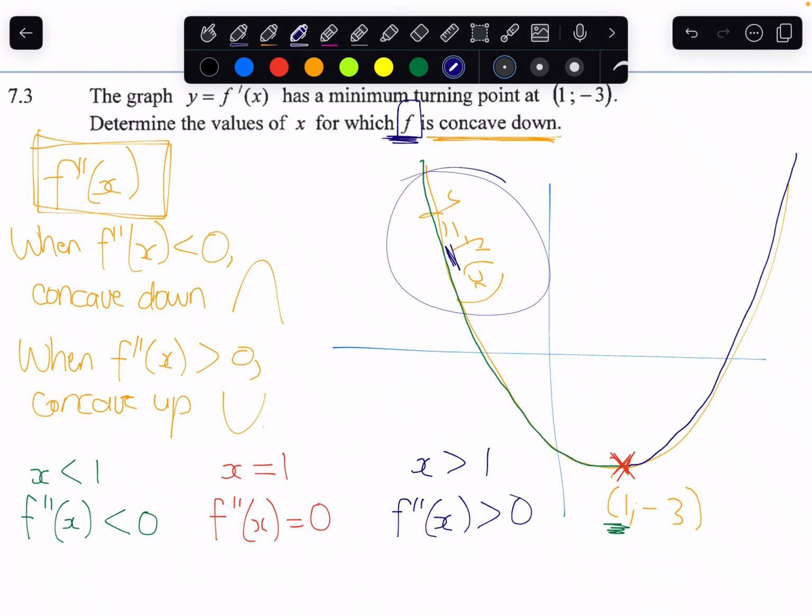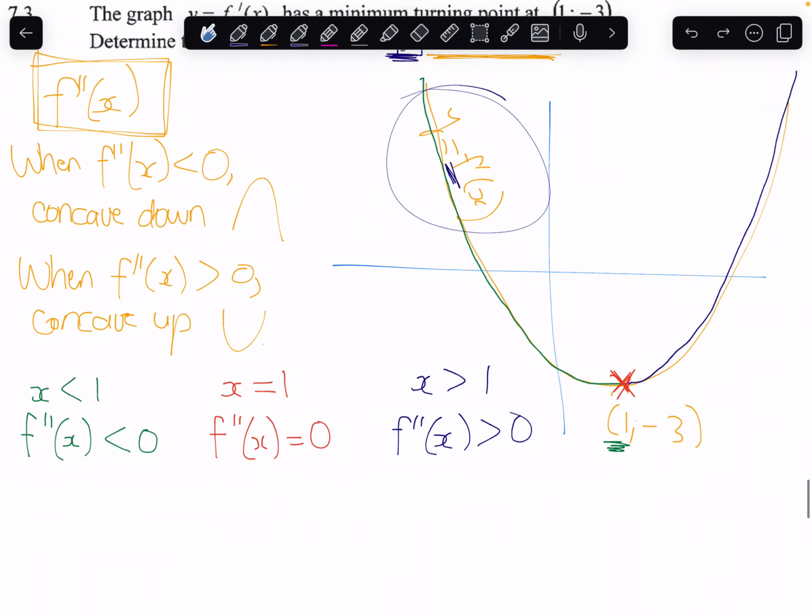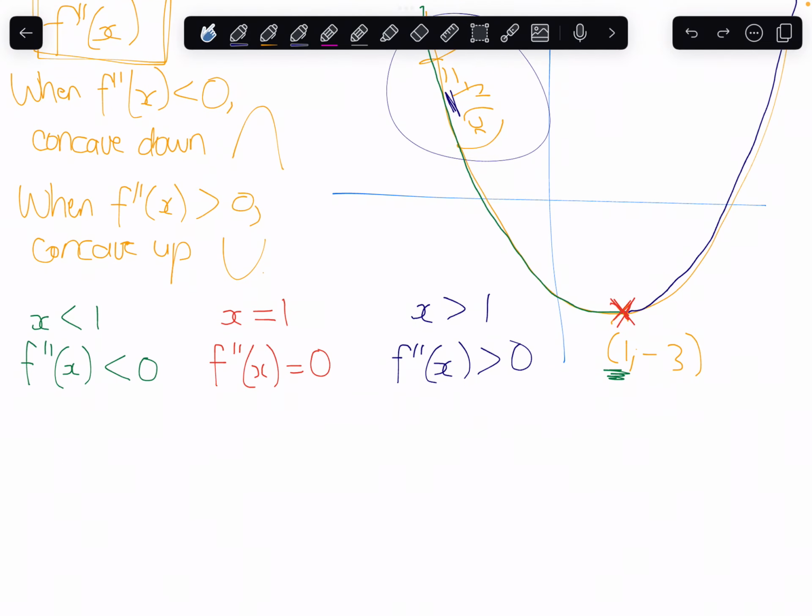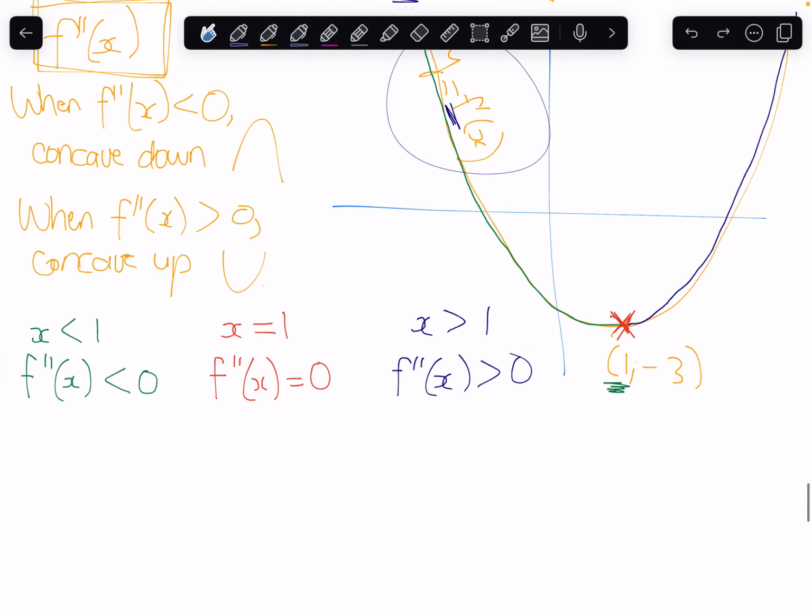But relative to f, because it is the double derivative of f, or the second derivative of f, it is telling us about concavity. All right. And so what we can then say is, oh, what does it say? Okay, well, let's just talk about it in general, then we'll answer the question. So what we then know is,